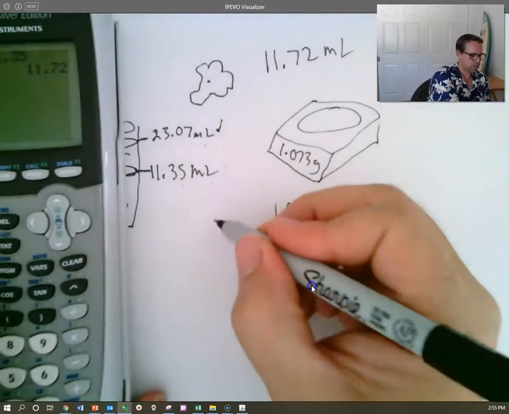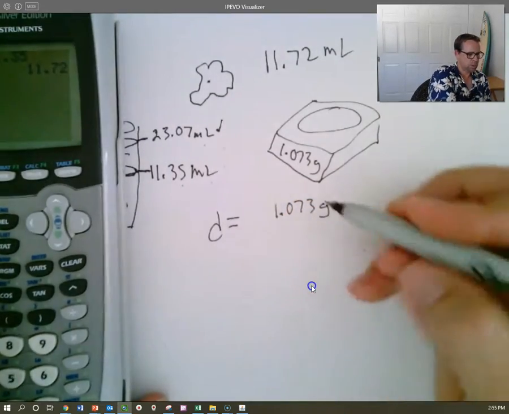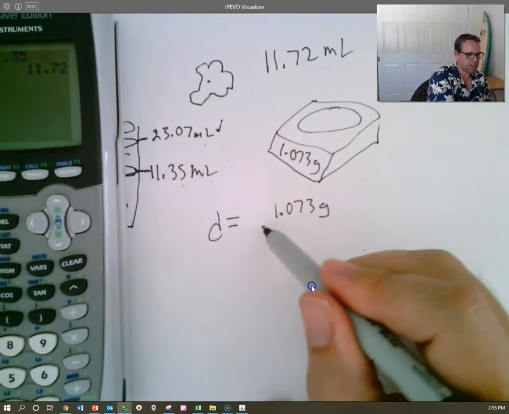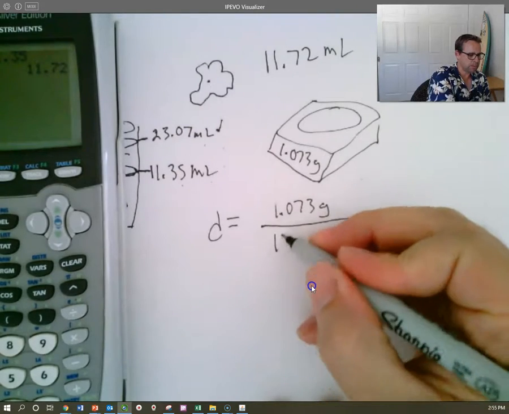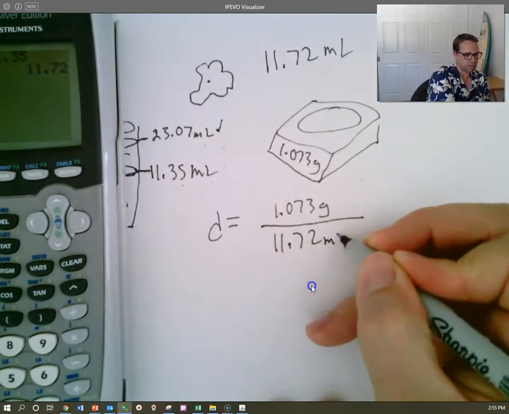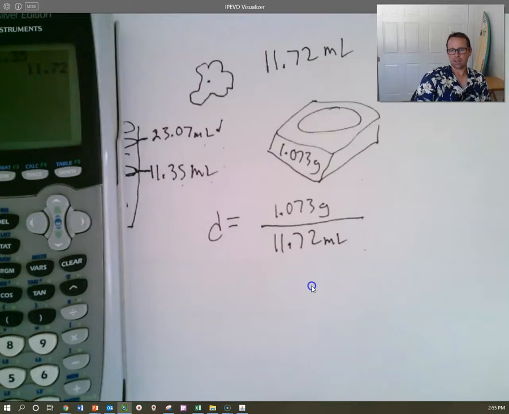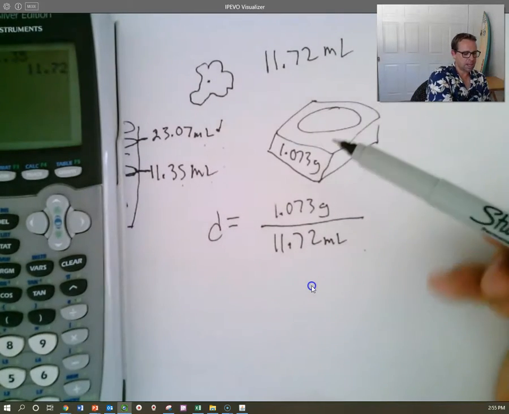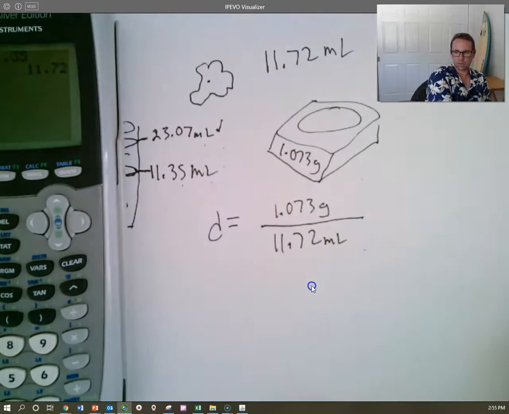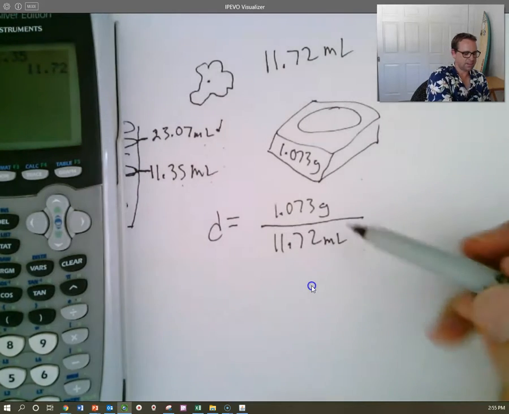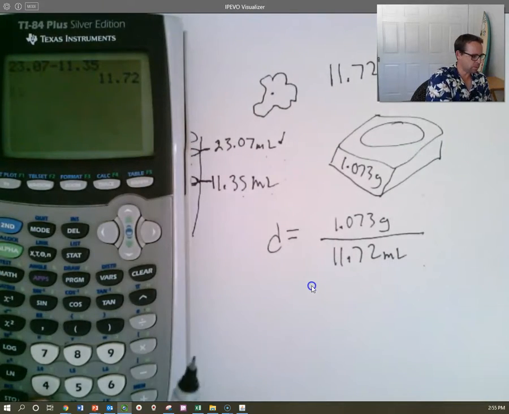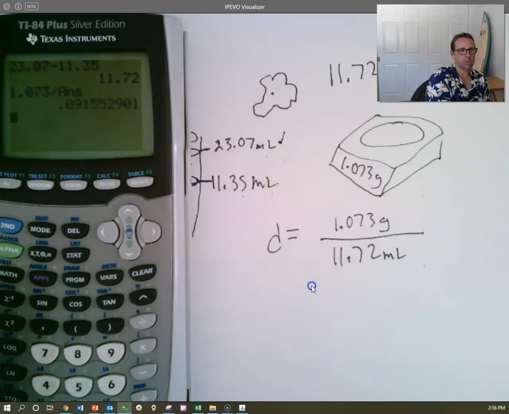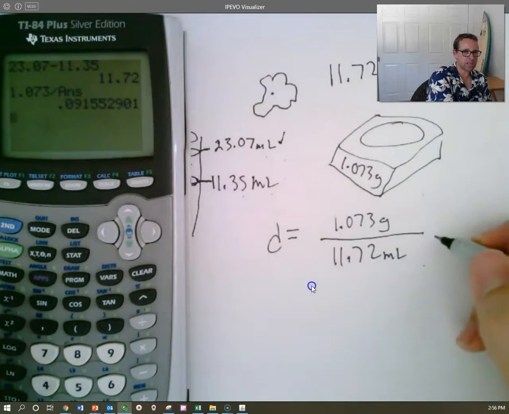So we're going to take the mass and divide it by the volume, right? Does that make sense? Because density is the mass of the material. Yeah, I was getting the things confused. That's right. That's good. That's fine. So I got 1.073 divided by our volume,